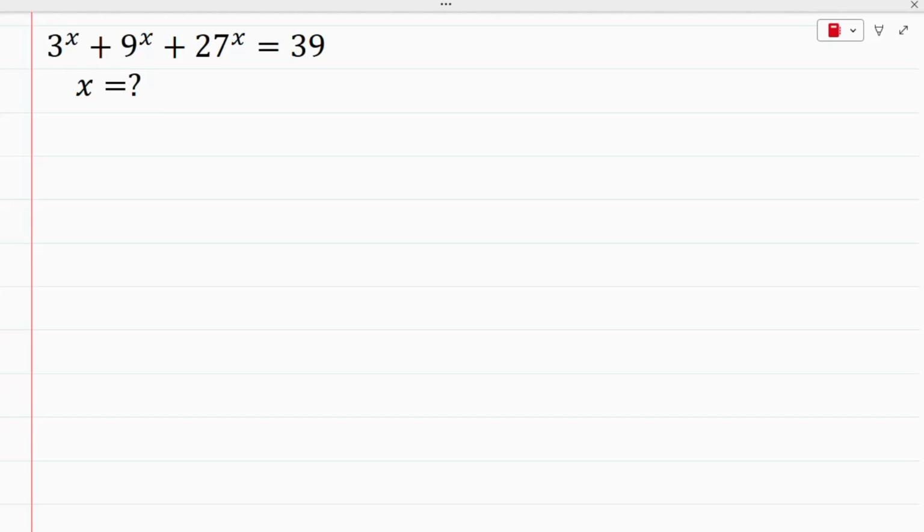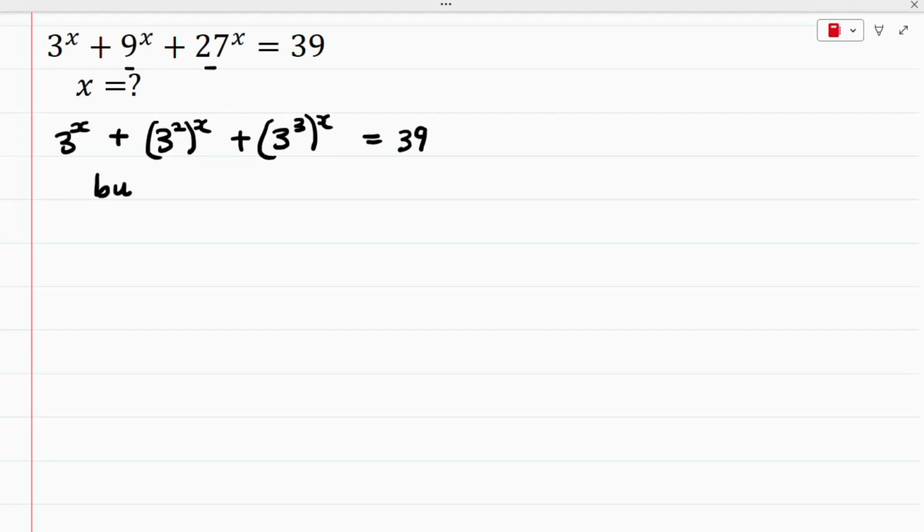So right here guys, we have this nice algebra math simplification problem, and we are to find the value of x. So the first thing guys you want to note is that 9 and 27 can be expressed in terms of 3. So we have 3 raised to the power of x plus 9 can be expressed in terms of 3 as 3 raised to the power of 2, all raised to the power of x, plus 27 can be expressed in terms of 3 as 3 raised to the power of 3, all raised to the power of x, and this is equal to